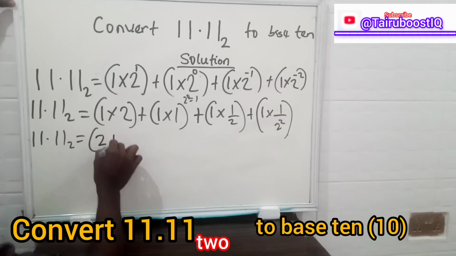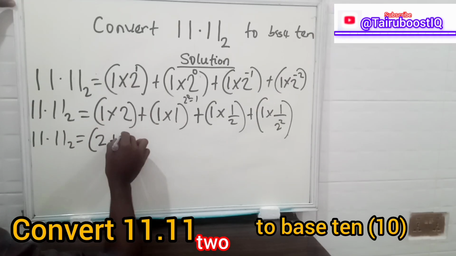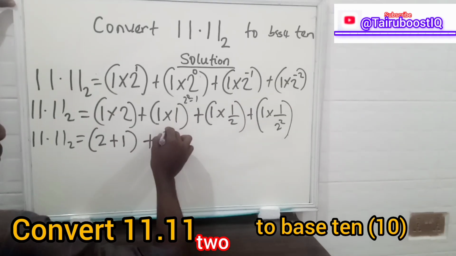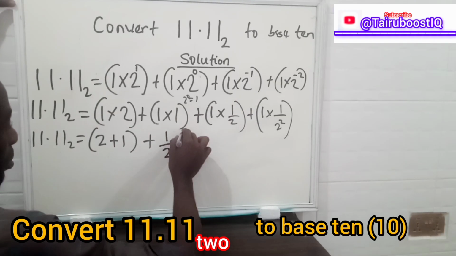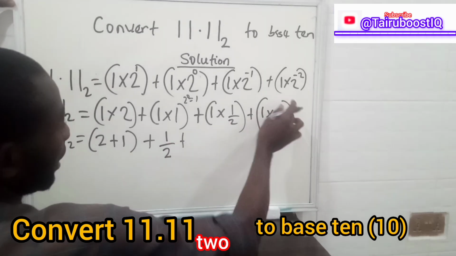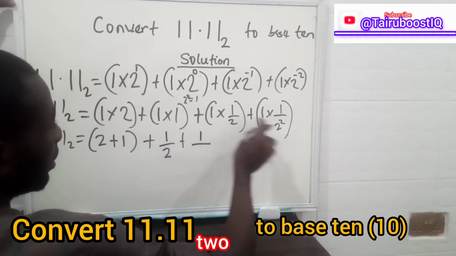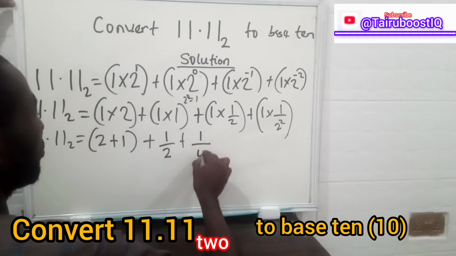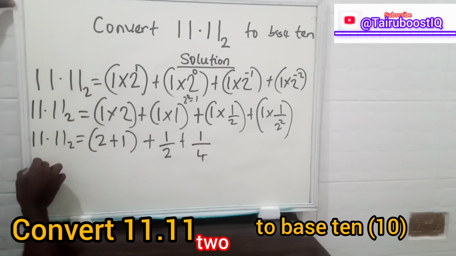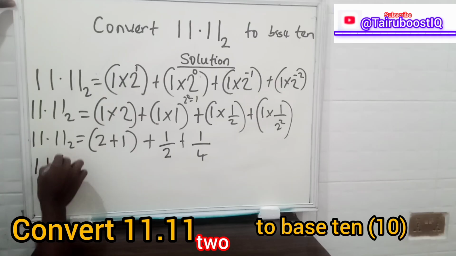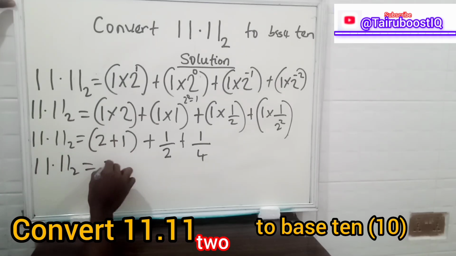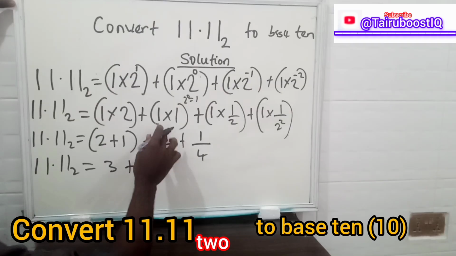So we still have 1.11 in base 2 is equal to 1 times 2, which will give us 2, plus 1 times 1 will give us 1, then plus 1 times 1 all over 2, plus 1 times 1 will give us 1 all over, then 2 raised to power 2 simply means 2 times 2, and that is equal to 4. Alright, so we still have 1.11 in base 2 is equal to 2 plus 1, which will give us 3, plus